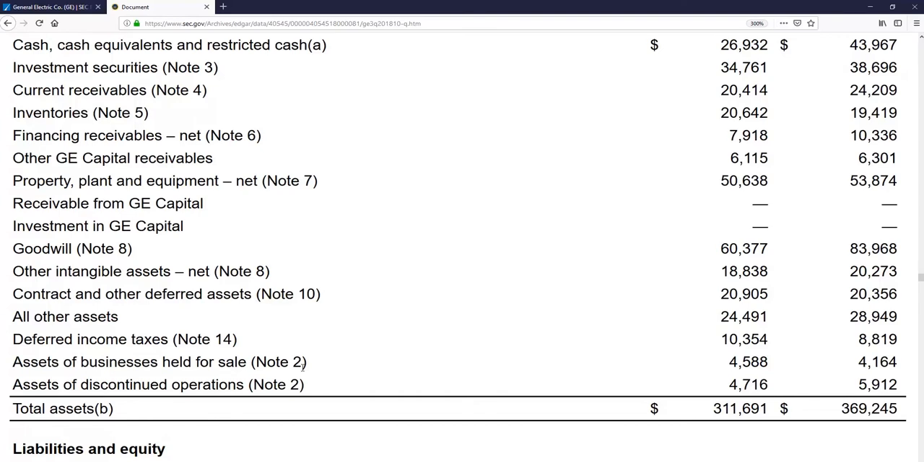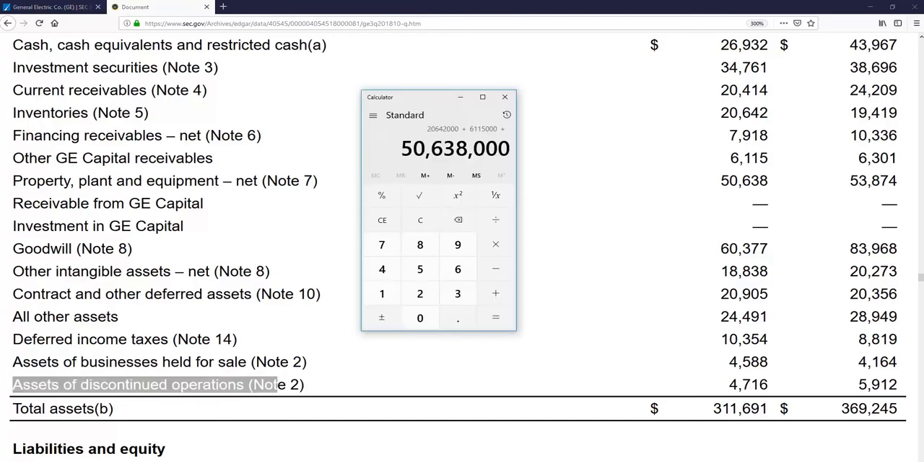Assets of businesses held for sale, we're going to include that. Assets of discontinued operations, we're going to include that as well. And I'm not going to include Goodwill. Okay, Goodwill is what the business is worth if sold, and at this point we have no clue what GE are selling their businesses for, so we're not going to include that Goodwill. They just recently came out and said that they were writing down their Goodwill like 20 something million. That's why you see the huge difference here. So we don't know what this Goodwill is. We're not going to include that. Deferred income taxes, looks like that's 10 million. We're not going to add that either